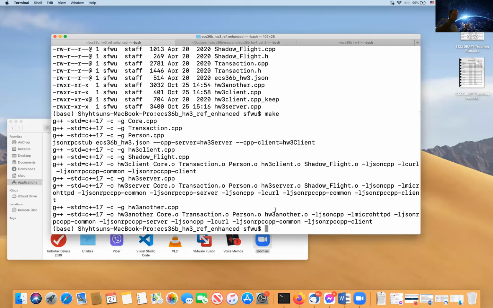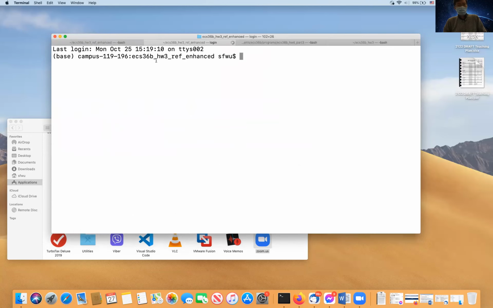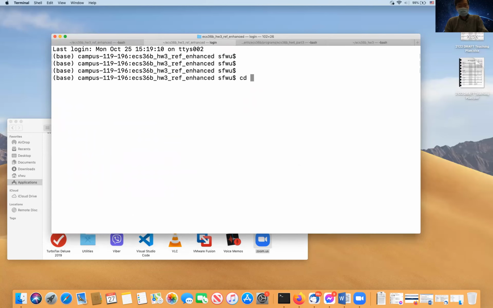With the new enhanced version, you can see how to extend it to 1 client and 2 servers. So just to show you very quickly, this one has HW3 another. If I were you, this is the way I would look at it: I want to see what I change to make this 2-server into 3-server. How do I change? Let me make a copy.